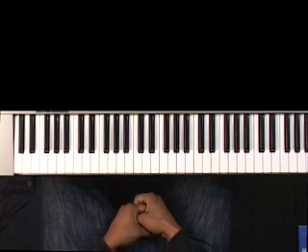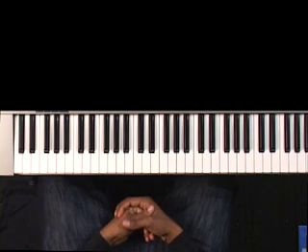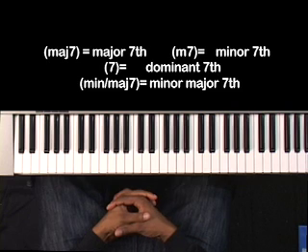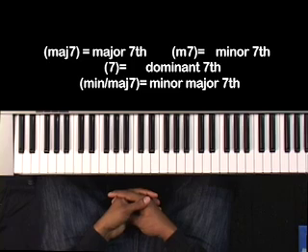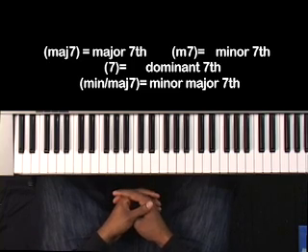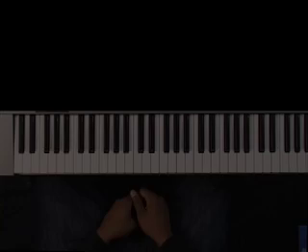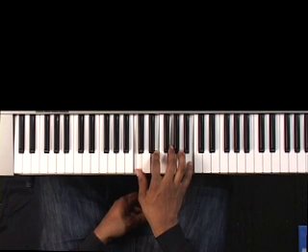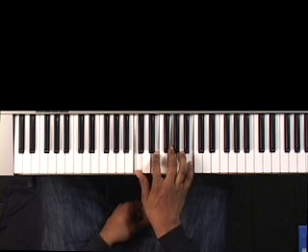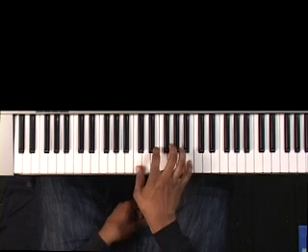Now we have 4 types of 7th chords that we're going to start off with. We have a major 7th chord, a minor 7th chord, we have a dominant 7th chord, and then we have a minor major 7th chord. So we have the major 7, now let's go to a C minor 7th chord. In order to make a C minor 7 chord,